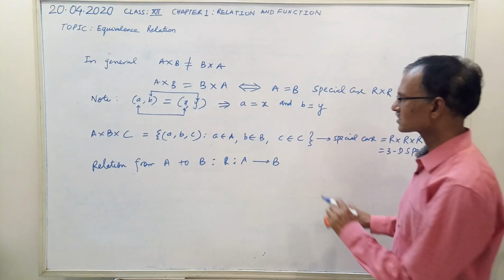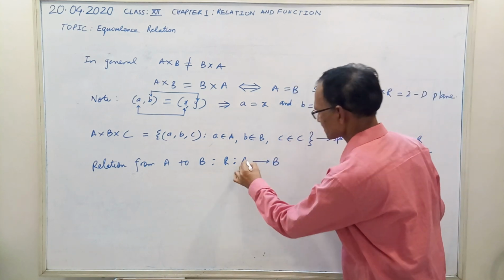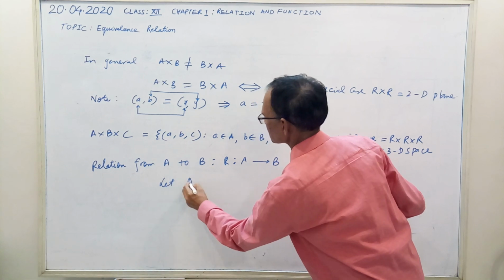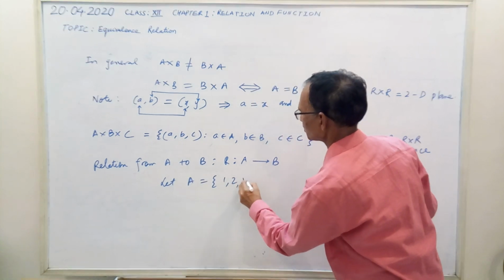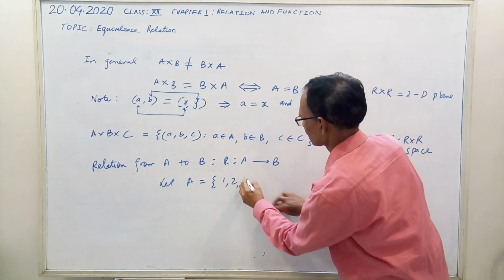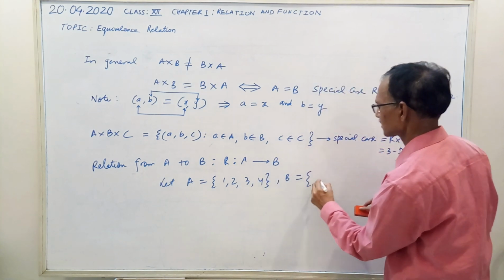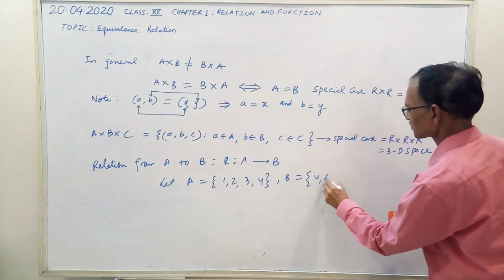Basically, suppose A has some elements, say A equals 1, 2, 3, 4, and B has, suppose, 4, 6, 9,